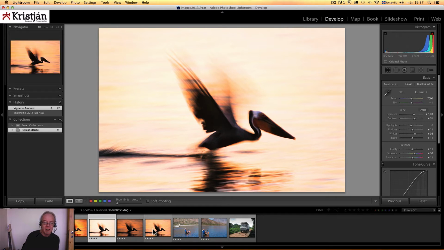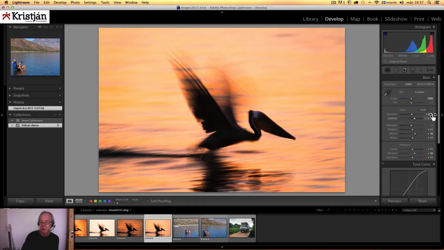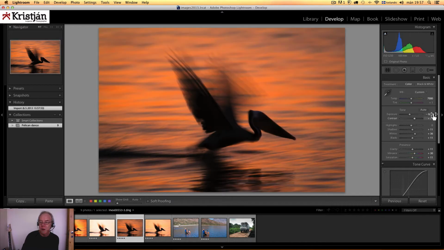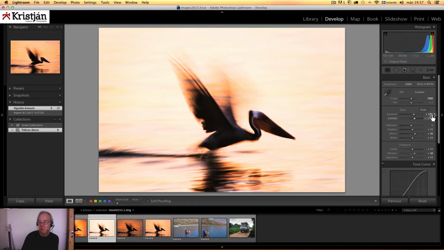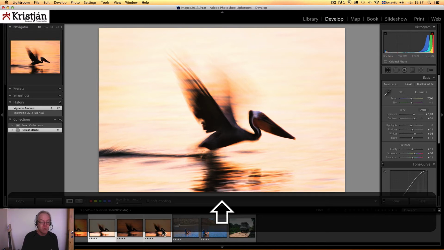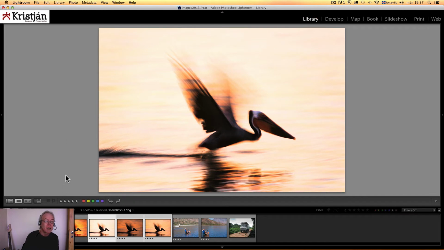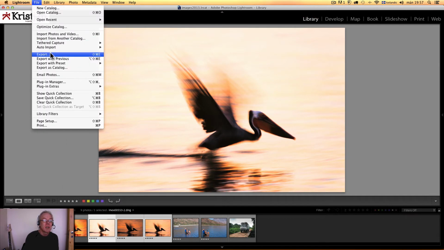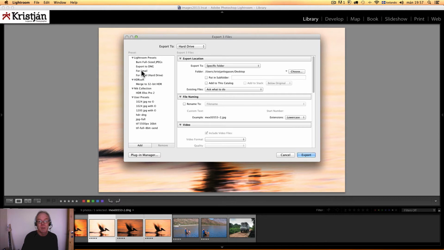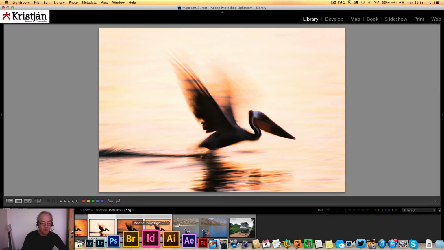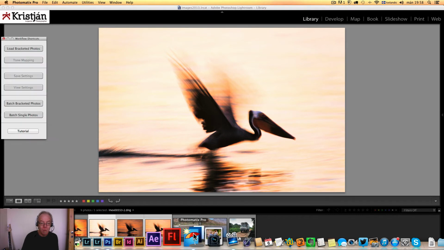This is 120. The original image is around 25. I pushed it a little bit up, so one down from there is minus 80 here and 120 here. So when this is done, we go to the library and we go to File and we export, and I export it as a 16-bit TIFF image. Now I have gone ahead and done that, so the next step is to open up Photomatix